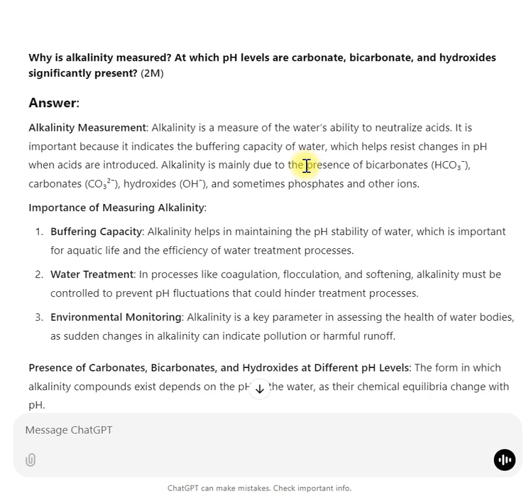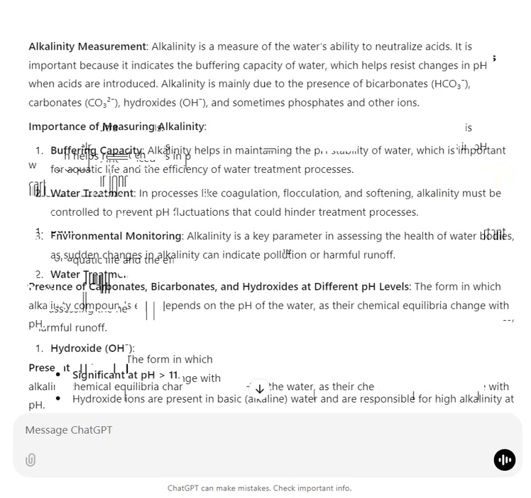1. Buffering capacity. Alkalinity helps in maintaining the pH stability of water, which is important for aquatic life and the efficiency of water treatment processes. 2. Water treatment. In processes like coagulation, flocculation, and softening, alkalinity must be controlled to prevent pH fluctuations that could hinder treatment processes. 3. Environmental monitoring. Alkalinity is a key parameter in assessing the health of water bodies, as sudden changes in alkalinity can indicate pollution